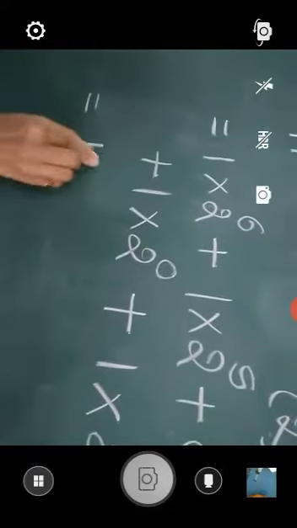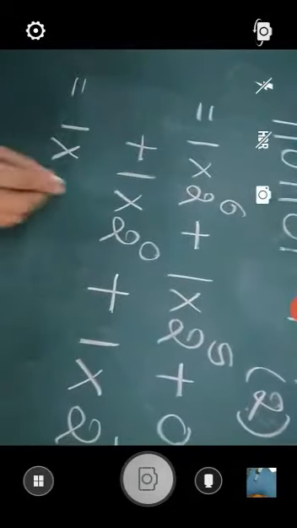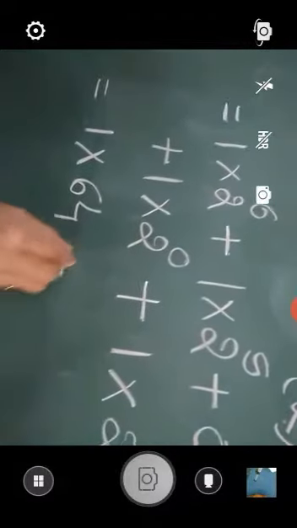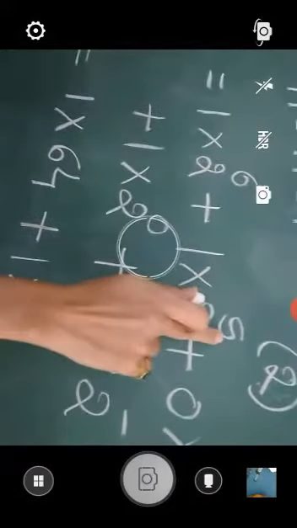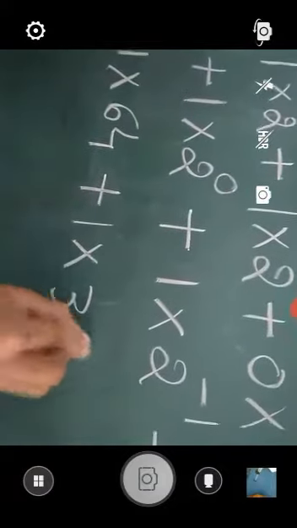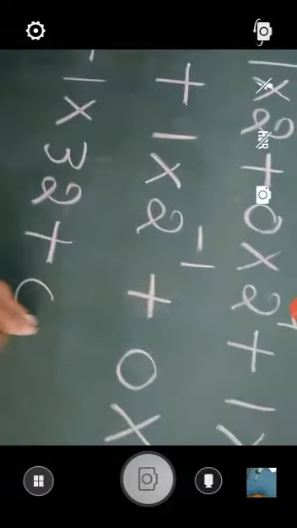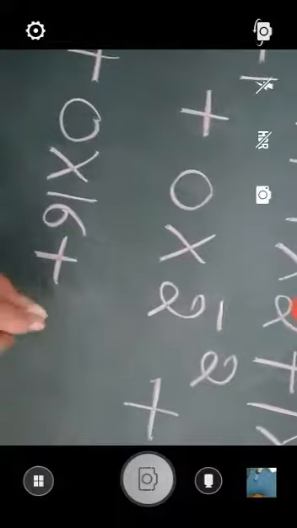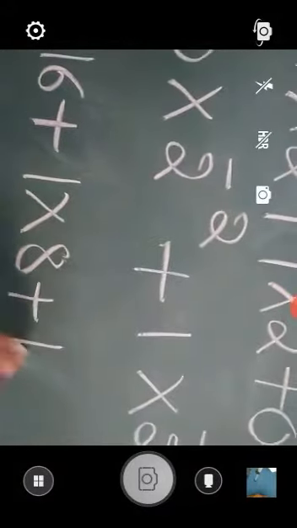Now substitute the values. 1 into 2 to the power 6 means 2 should be multiplied 6 times. Answer is 64. Okay. 1 into 32. 2 to the power 5 means how much? It is going to be 32. Now plus, anything multiplied with 0 means we usually get 0. Okay. In that way, we will write all the values.